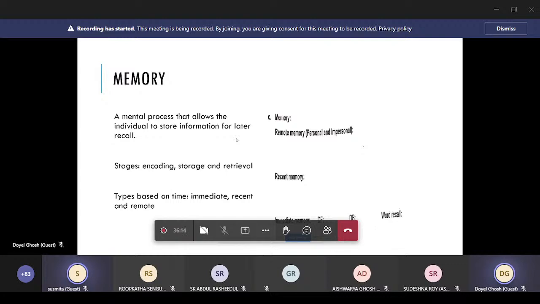And for remote memory, we can ask personal memory questions and some impersonal memory questions, for example, current affairs and all. In personal remote memory, we can ask what is your age, what was the name of your school, how many